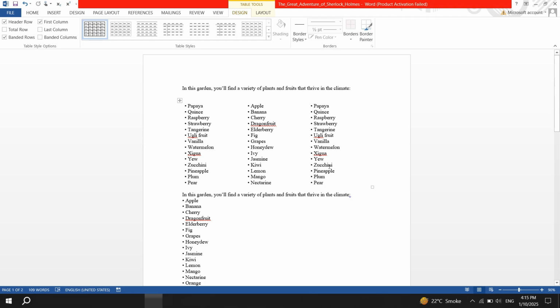If the last bullet point is misaligned, simply backspace and press Enter to create more space between the bullet point